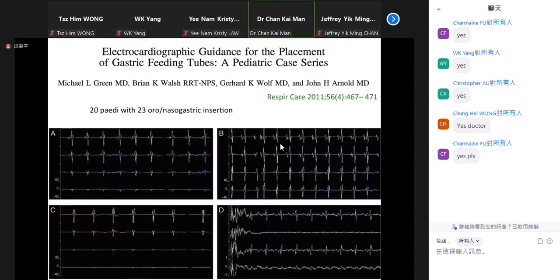So actually, we try to look a little bit into this issue, and we think in another way. Can the use of this NAVA mode, this EDI catheter, be used to predict the correct position of the NG tube? We try to do a little bit of literature search. Actually, there are some people describing using these techniques for confirming NG position, but it's in pediatrics, because NAVA